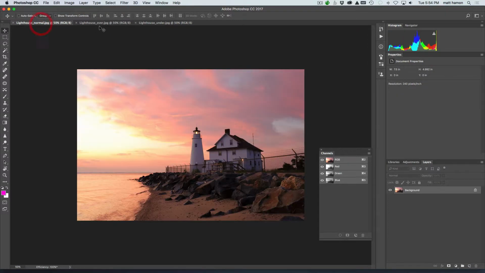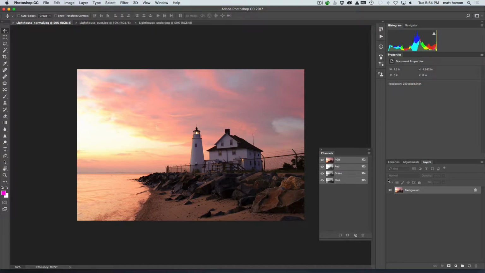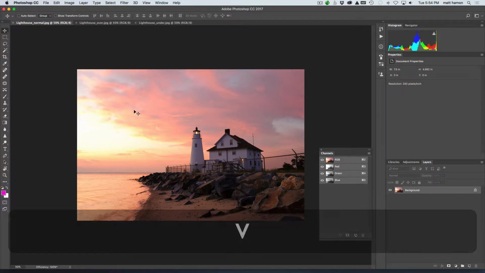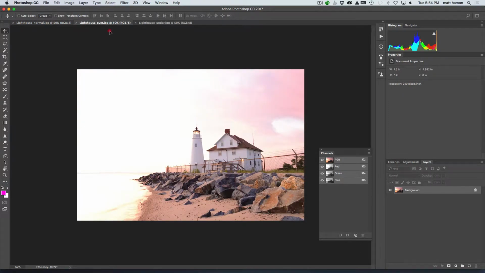So here they are in 3 tabs, and then I'm going to combine them into a single image. So easy way to do that is to grab your Move tool. It's the top tool in your tool palette. Also the V key is how you select that. And I'm just going to click in the image area of the normal exposure, drag it up to combine these in the overexposure one, it doesn't really matter. Drag it up until the overexposure tab becomes highlighted, and then drag back down into the image area